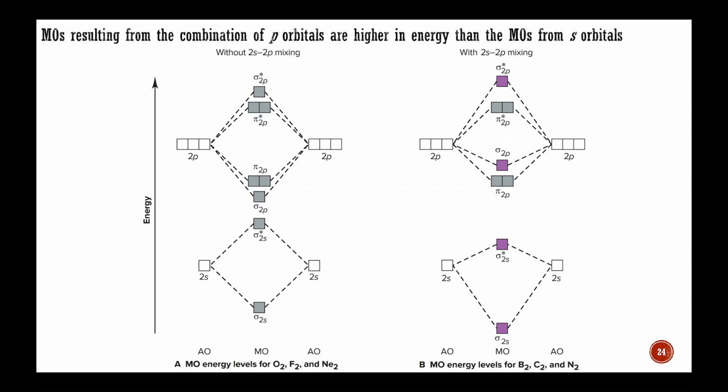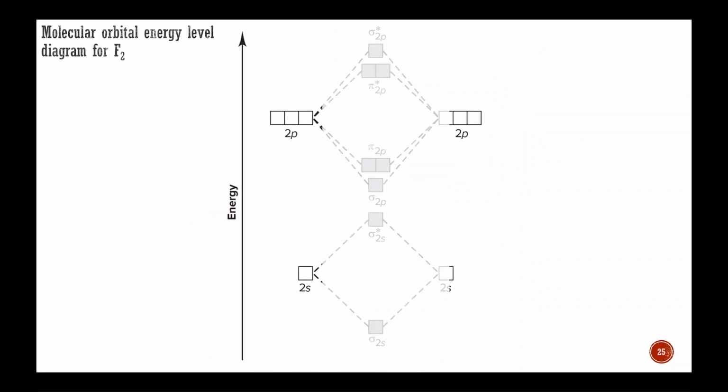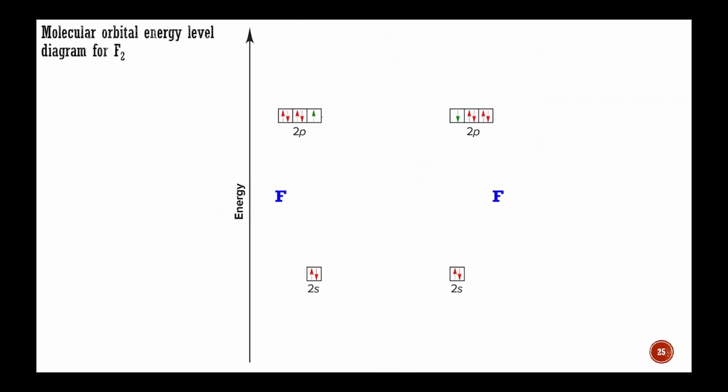In general, molecular orbital theory predicts that the more effective the interaction or overlap of the atomic orbitals, the lower in energy the resulting bonding molecular orbital will be, and the higher in energy the resulting antibonding molecular orbital will be. To better understand the relative energy levels of the molecular orbitals resulting from p-orbital combinations, let's consider the molecule